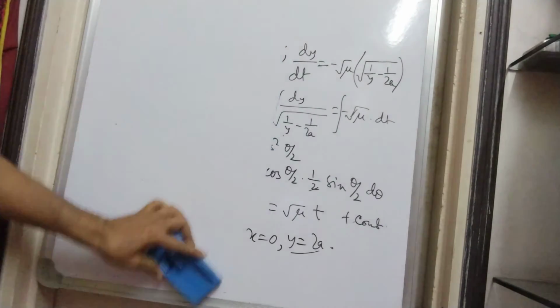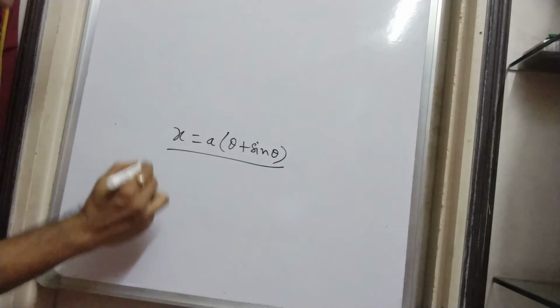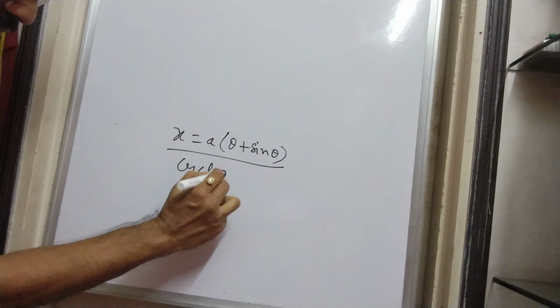This is the equation of a cycloid, which is the trajectory of the